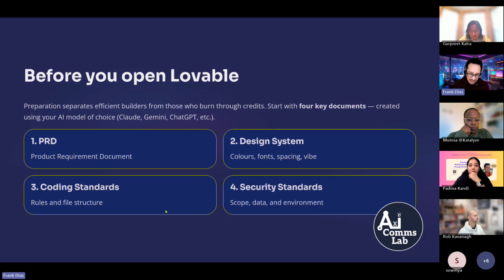And then the final one is security standards. Security standards are not really talked about very much, I've seen, within YouTube videos and anywhere else. You'll probably find this in just any AI talk. They don't really talk too much about the security stuff. It's all go do stuff without thinking about it. Security standards are important to help you set the scene with Lovable about what type of product you're building.